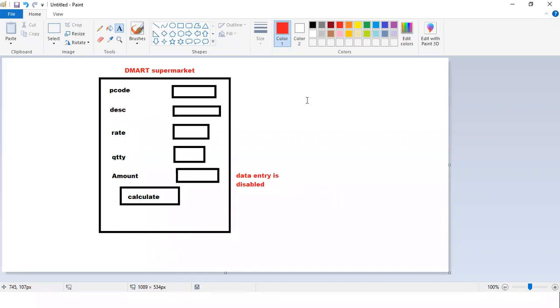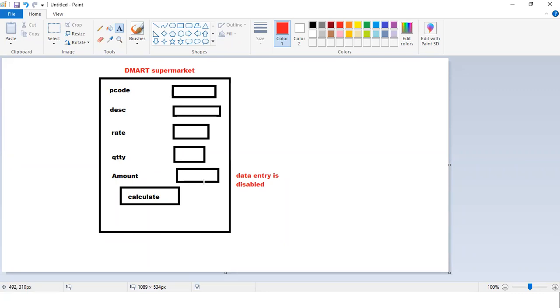Yes, sir. Okay. So I want to write the code for this one. How do I write the code? We know how to do it, right? Already we have seen. Can anybody help me write this code now? When I click on the calculate button, I want it to do the calculation. Moreover, I want to protect the data being entered here, so I want to make this read only. How do you make this read only?